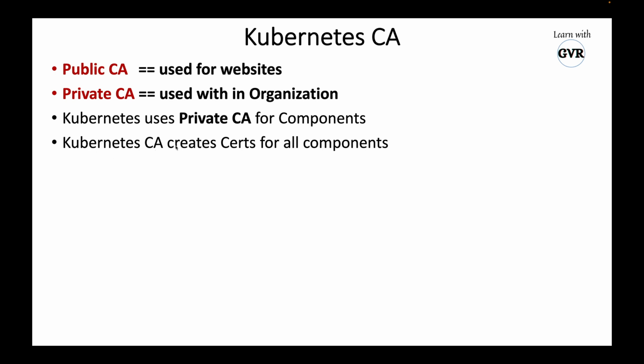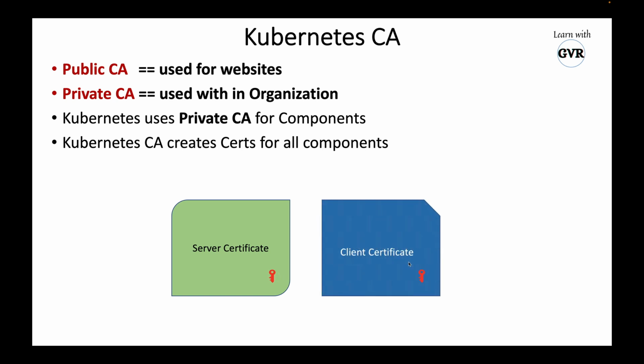So this Kubernetes CA creates a certificate for all the components, right? And what are the certificates it will create? One is a server certificate. When I say server certificate, it means one certificate and one key file. So the key file is always there, just remember. And one client certificate means